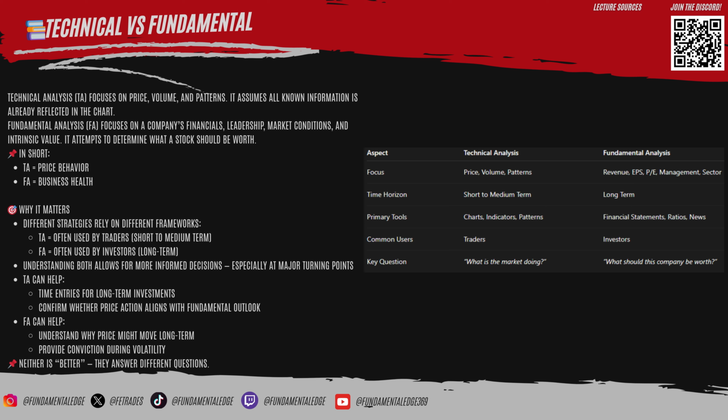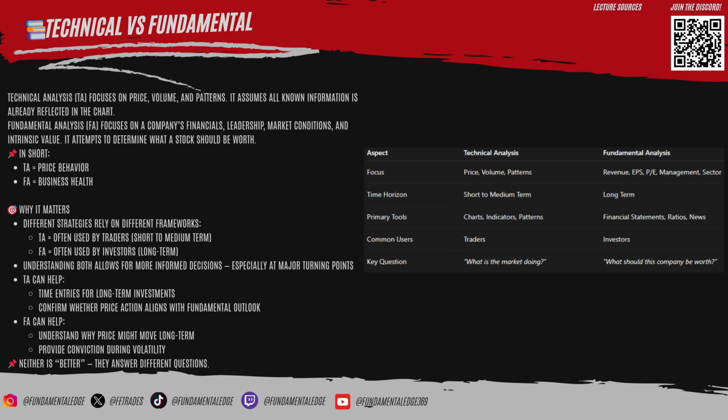On the other hand, technical analysis doesn't ask why. It asks, what is price doing right now and how are people reacting to it? TA assumes that all known information, earnings, forecast, sentiment, is already priced in. So rather than predicting what should happen, TA focuses on observing what is happening. And here's the real key. Neither one is better. They're simply answering different